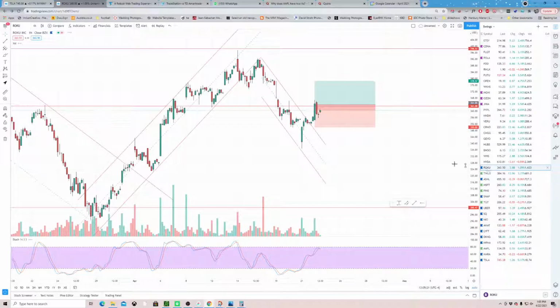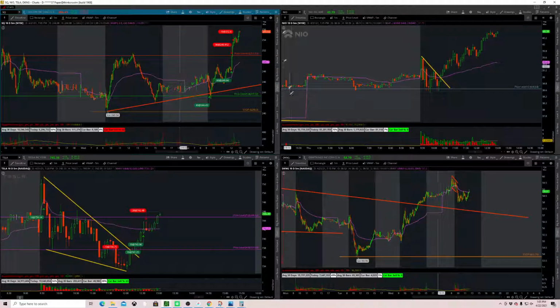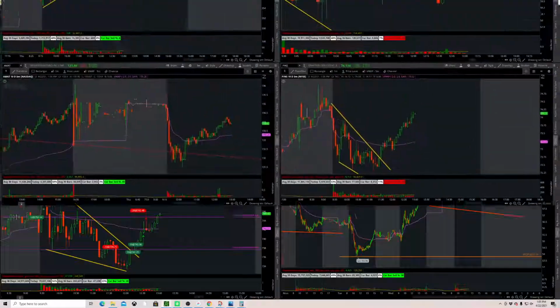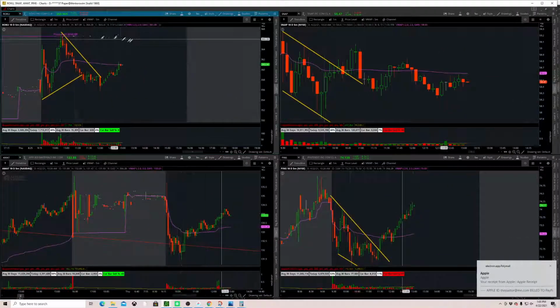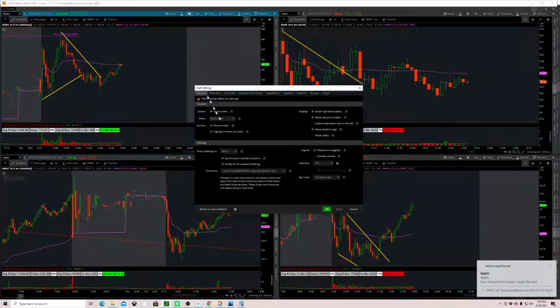The other setup I was looking at was Roku. But the thing about Roku is this is yesterday's price action. This is today. So Roku wasn't a good one for me today. We were up initially, and then we lost some money. So if we again show trades,